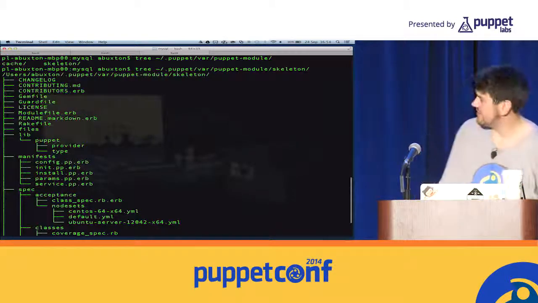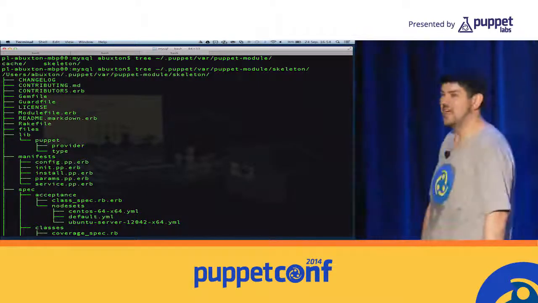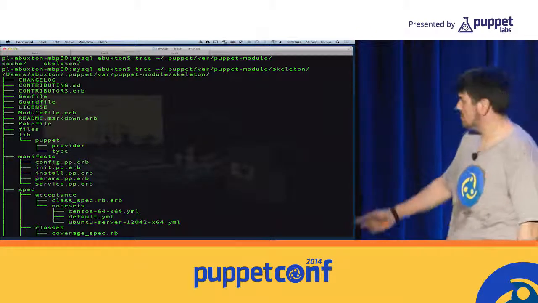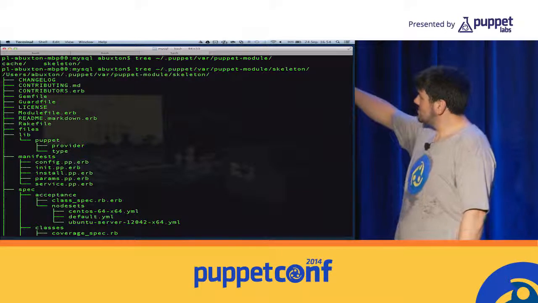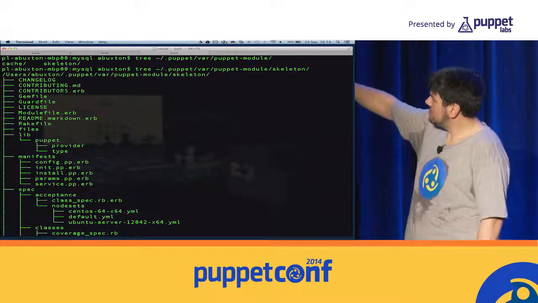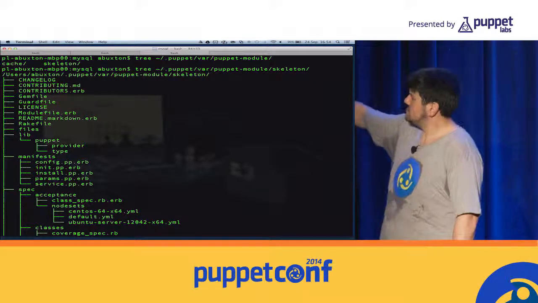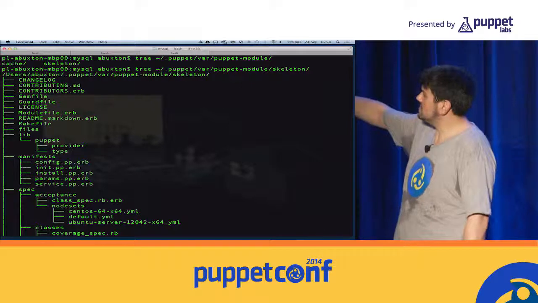Yeah, so this is Gareth's skeleton pulled through. In fact, this is a hack of Gareth's skeleton that actually pulls in all of our skeleton that we're using at Puppet Labs. But you can see it's massively bigger than what you expect. So it's got contributors, it's got a changelog, gem file, a guard file, module file, the README, the rake file,